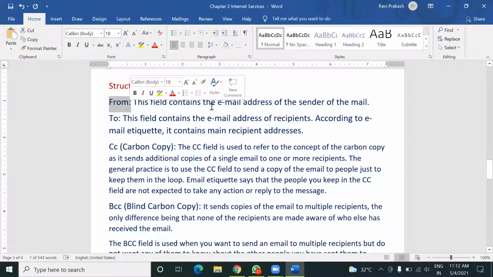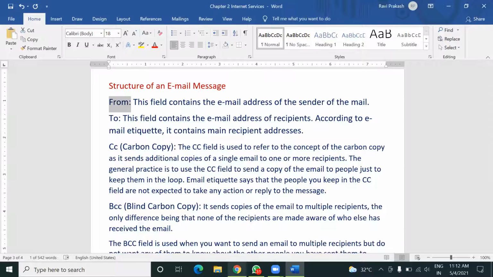This field contains the email address of the sender of the mail. Means if you are receiving any email message, in the From field you can find the sender's email address. Next is To. This field contains the email address of the recipients.